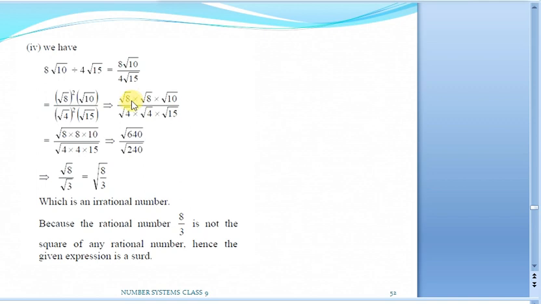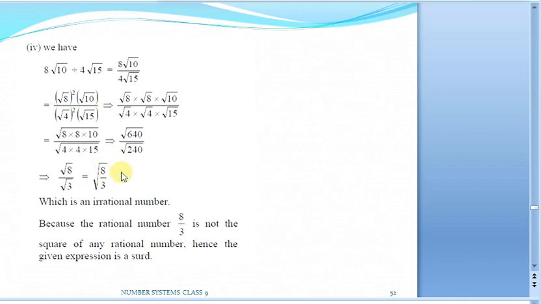Now see, as I told, whenever the order is same, it is second order and this is also second order, you take the common second order and multiply whatever is inside. This is also based upon our exponential laws only, nothing new. Whenever the power is the same, we can multiply the bases and keep the common power. Here the common power is root, so I am taking the square root for the entire thing. In the denominator also the same case. Now it will simplify to square root of 640 by square root of 240.